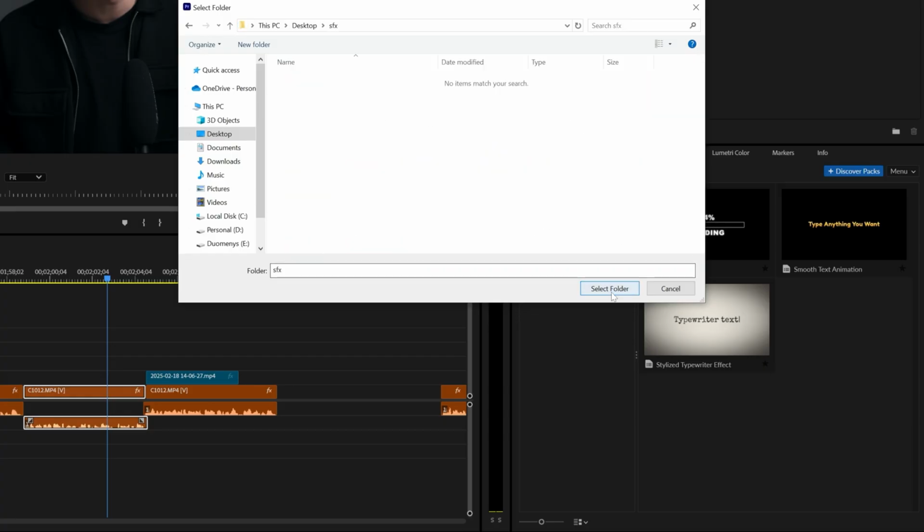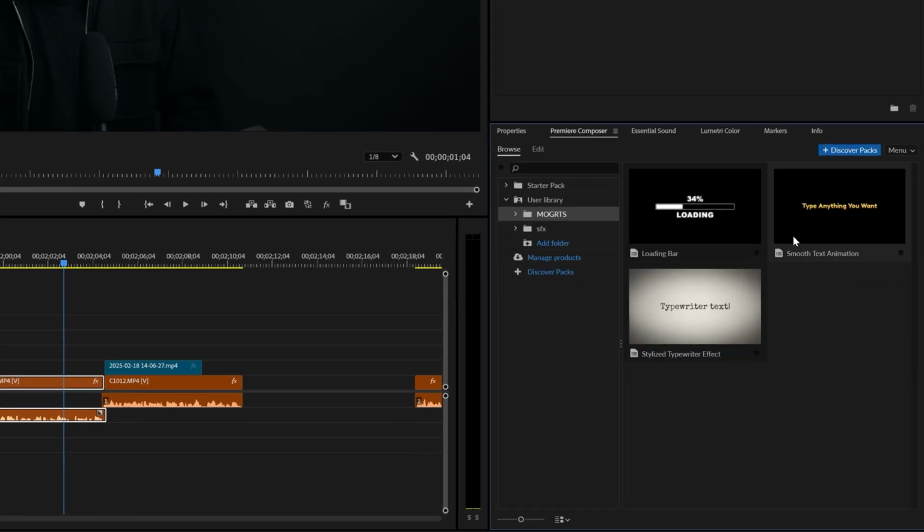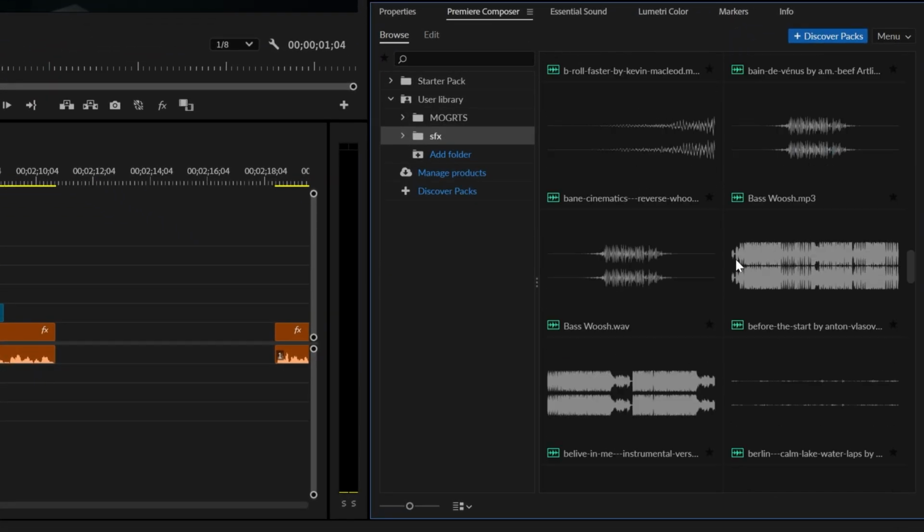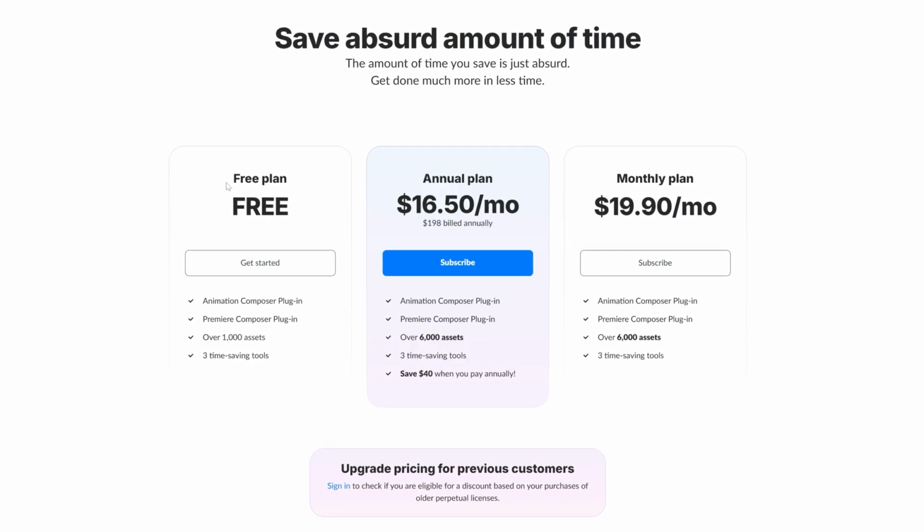And you can even add your own stuff to it, like sound effects or mogrts, which is super handy. There's also a premium version, but I've been using the free one for a couple of years and have no